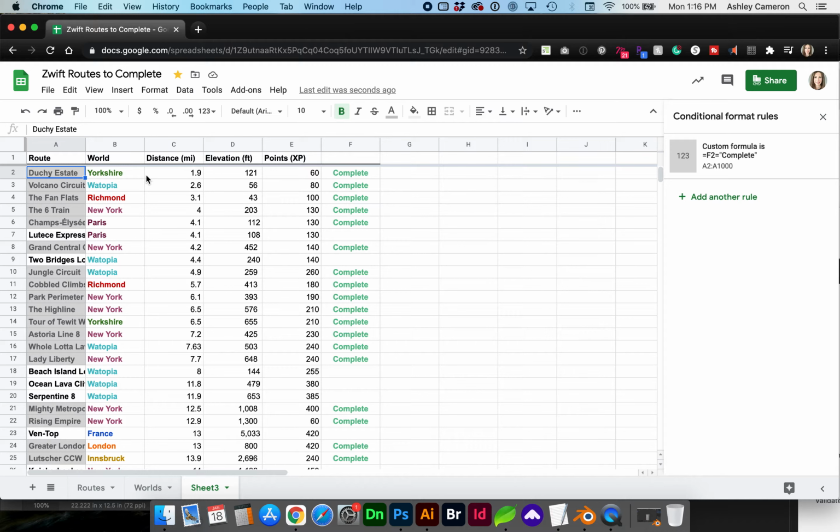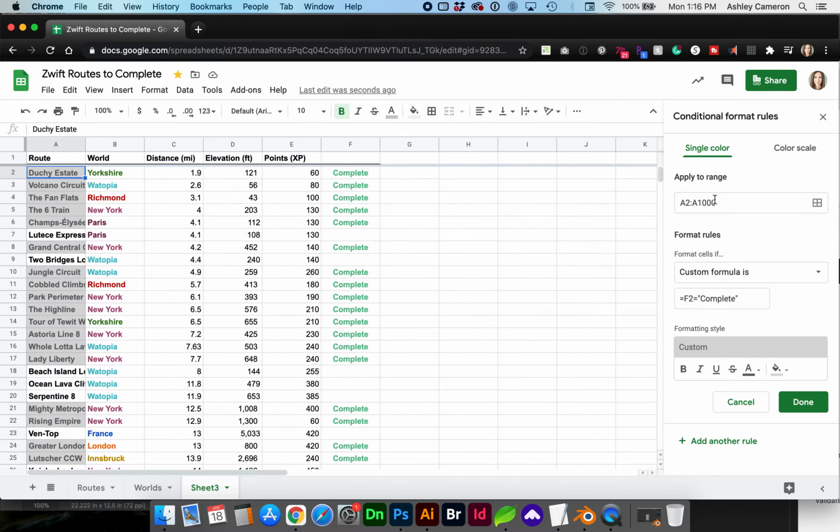If you would like to make a more visual impact and highlight the entire row, if we click on our conditional format to edit, we need to expand the range to include column F, and within the format rules,